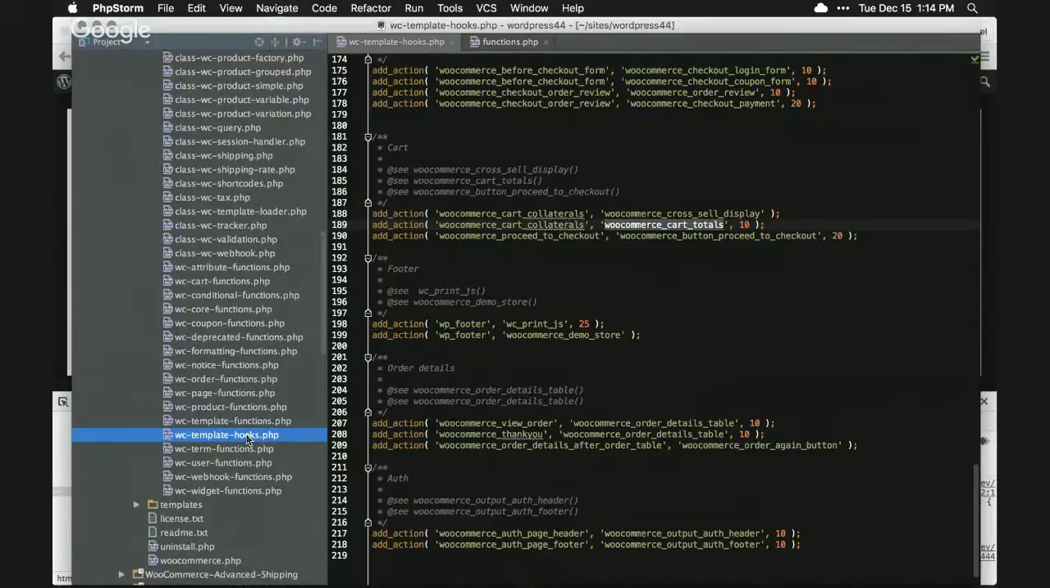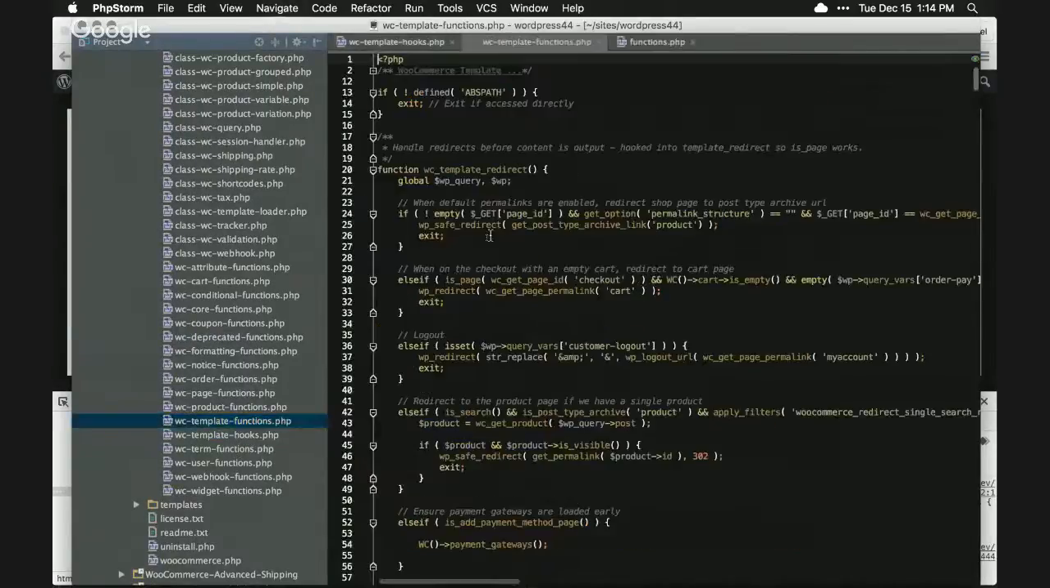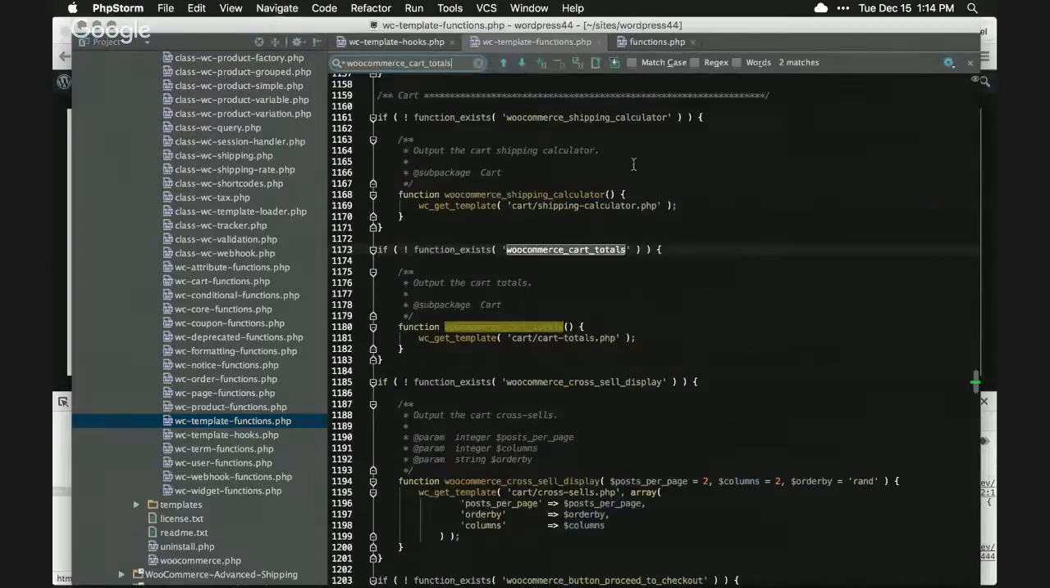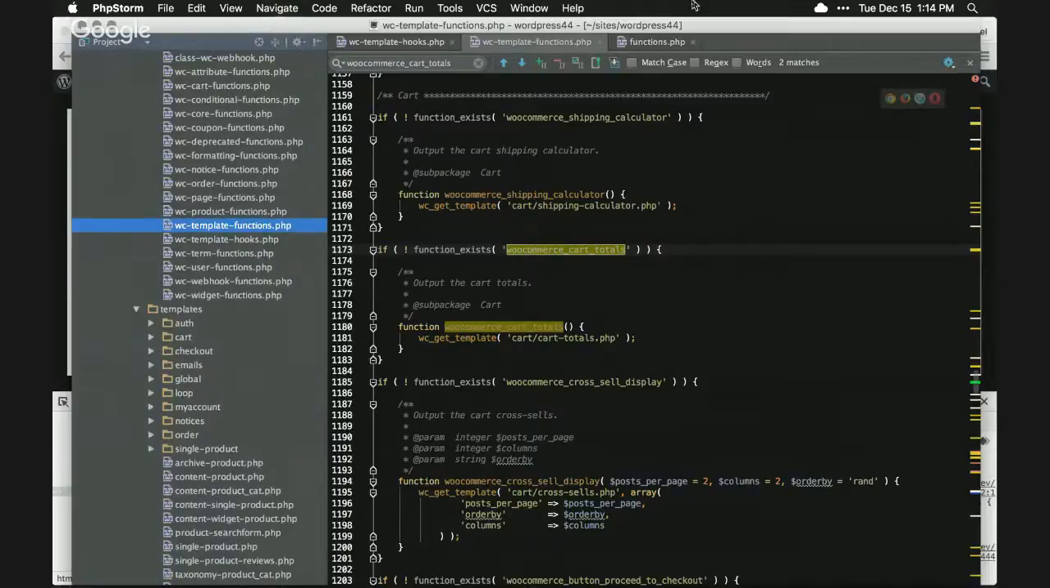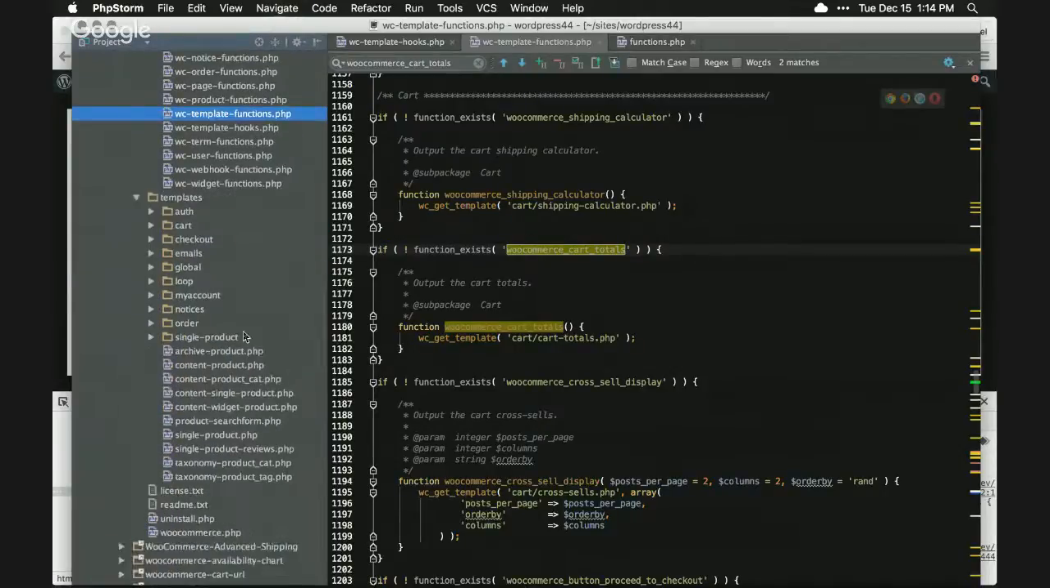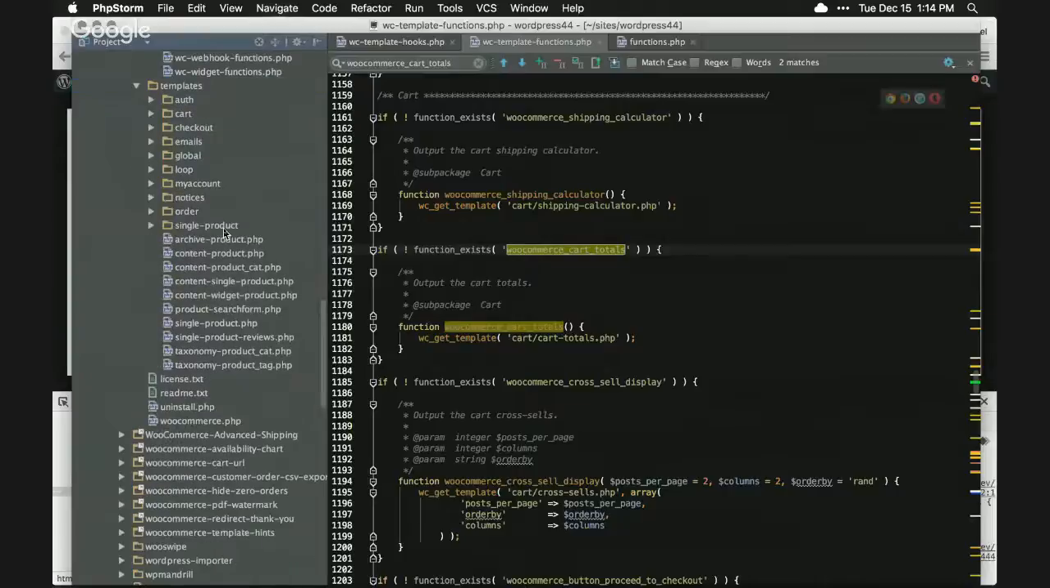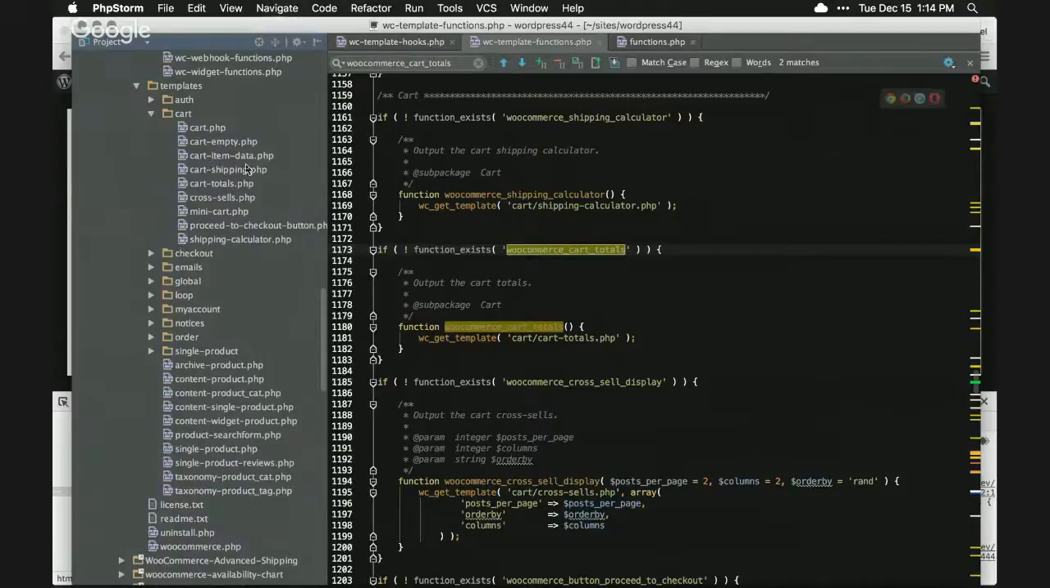So we looked in the template hooks file. Here's the template functions file. We can see that WooCommerce cart totals pulls in the template cart totals. And so this is the third way of modifying that cart totals section. So let's see, it's going to be under templates, under WooCommerce templates, cart